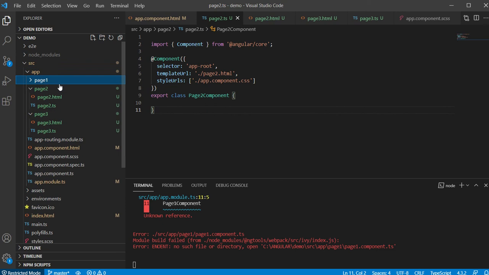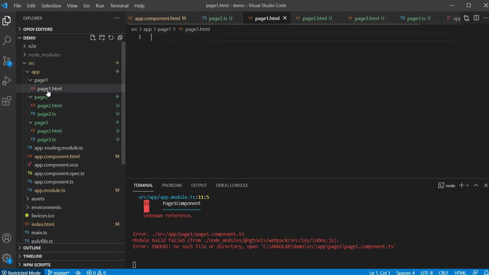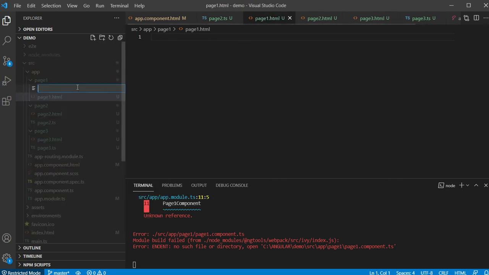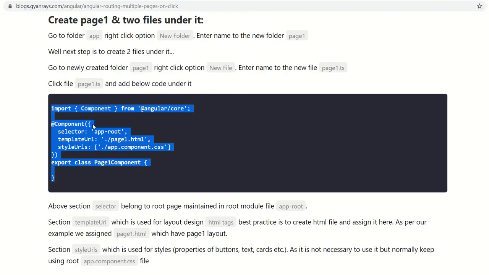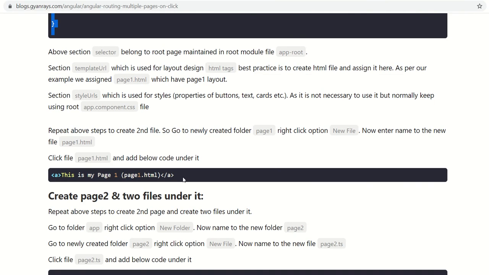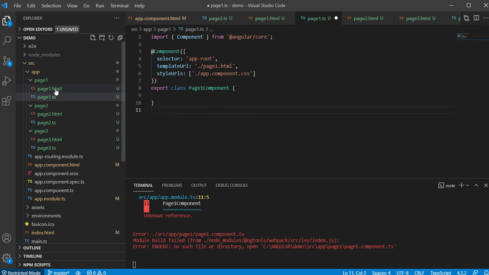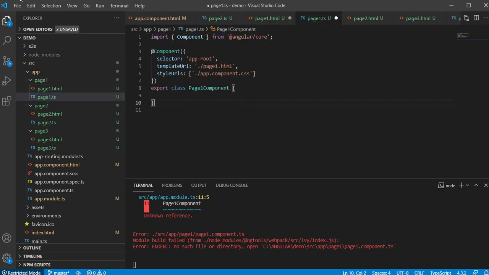Name it page 1, new file, page1.html, new file, page1.ts, and copy paste for page 1, and then this is the HTML text for page 1, and now boom, bingo, now activate.